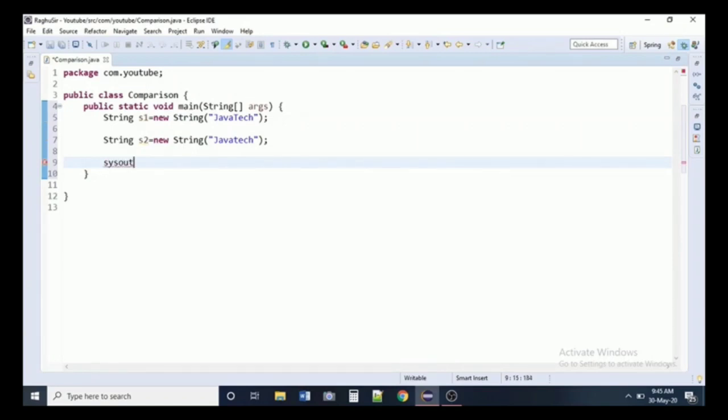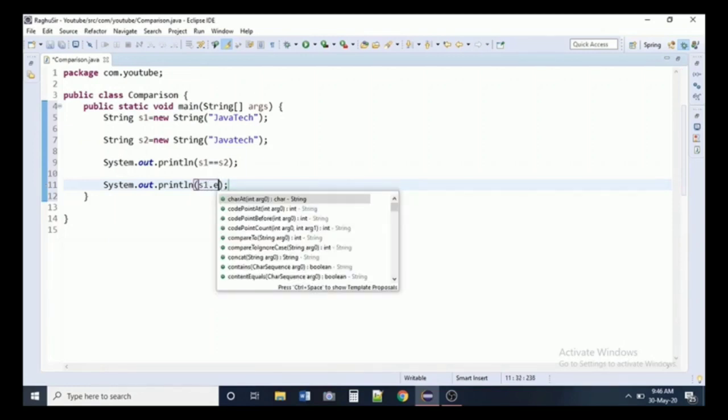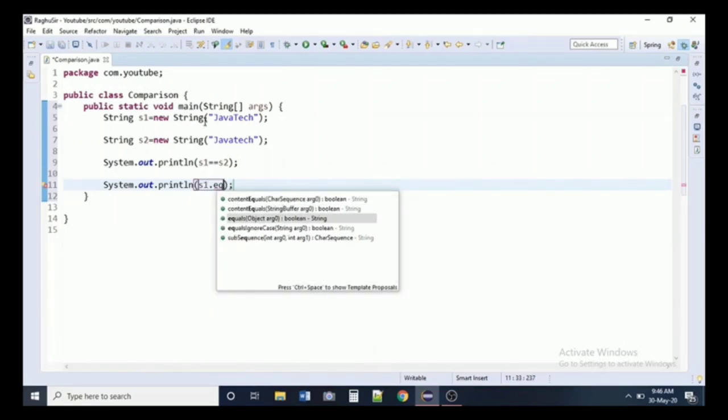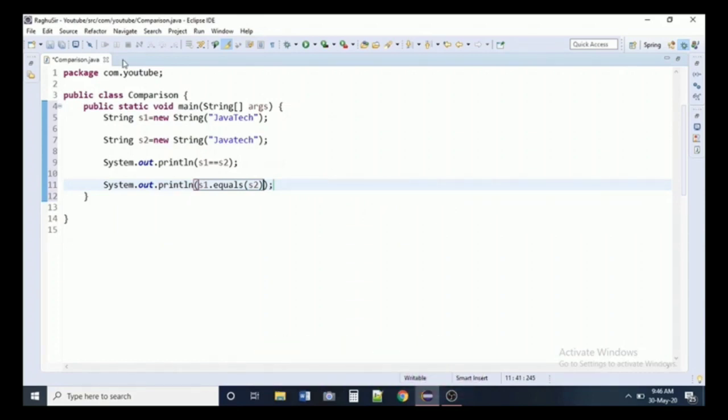Sysout is my Eclipse shortcut for System.out.println, and I'm comparing two reference variables here: S1 double equals S2 is my first output. I'm writing another statement here for content comparison: System.out.println S1 dot equals S2. Here I'm checking reference comparison and content comparison with two statements. Now I completed my statements here.